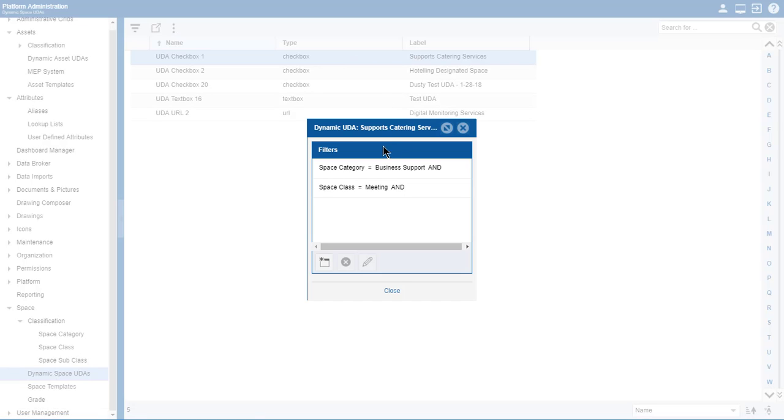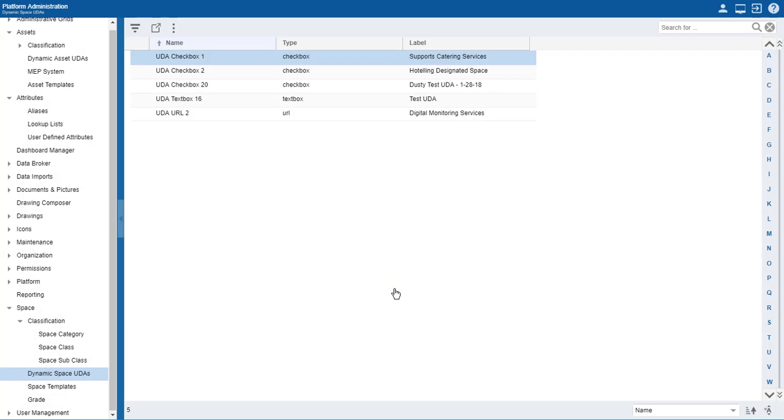And you can see the filters I put on this are that the space category has to equal business support and the space class has to equal meeting. So the idea here is that this particular user-defined attribute will only show up on spaces that meet the specifications here. And so if I go now to Drawing